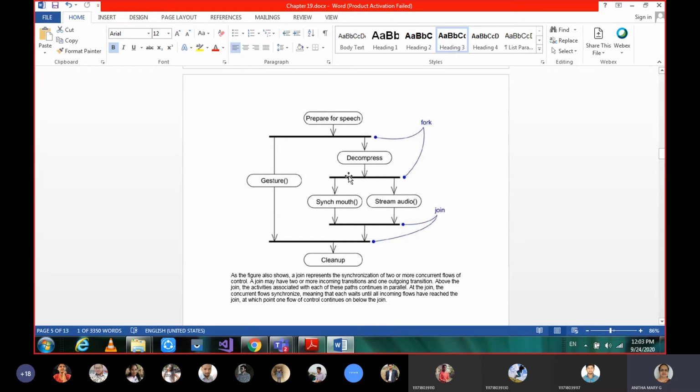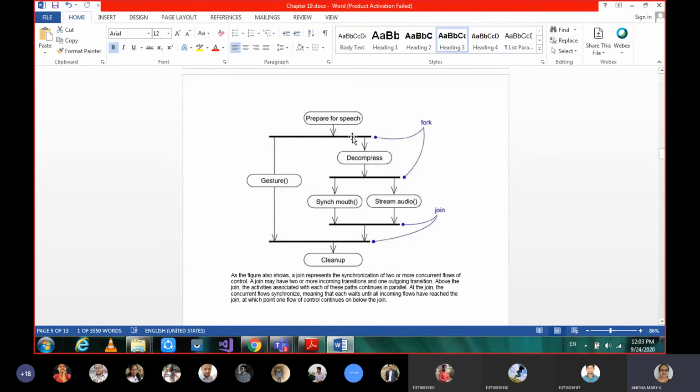Here is the example of the activity diagram for preparing for a speech. Whenever we are doing forking and joining, we see a synchronization bar. These solid lines you are seeing in this diagram are called synchronization bars.